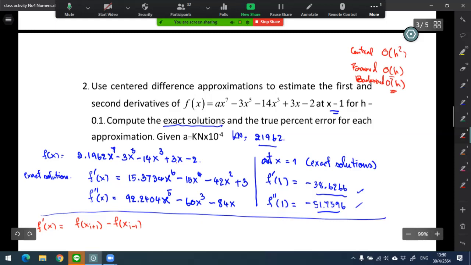But actually, if we have to do both in the same problem, and we need to use forward and backward, as you will see in the next problem,